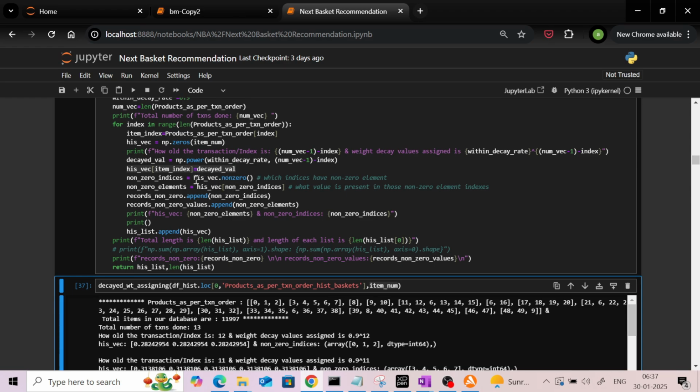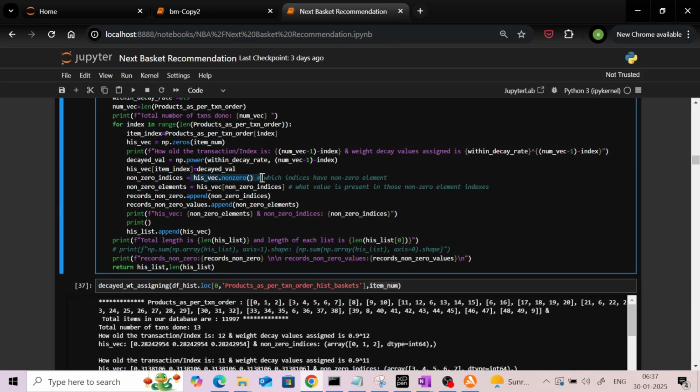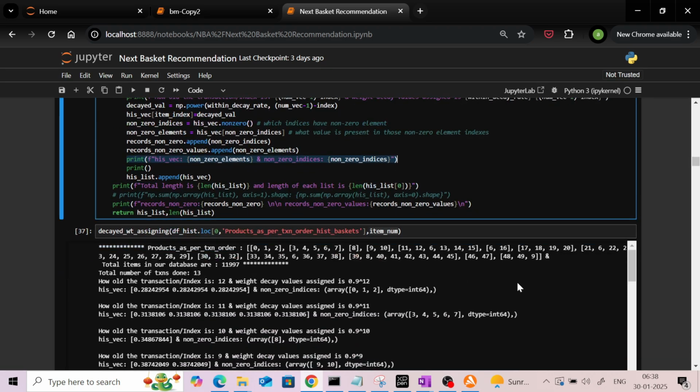Next, in the next step, here is vec dot non-zero. We just want to do a QC to know which indices have a non-zero element in this particular vector of length 11,997. Using this command, we will look into what value is present in those non-zero element indices. This one we just inserted, we just need to check what value is present. That is being done over here. We are printing the historical vector of the non-zero elements and the non-zero indices. So if you see this particular line being printed over here,